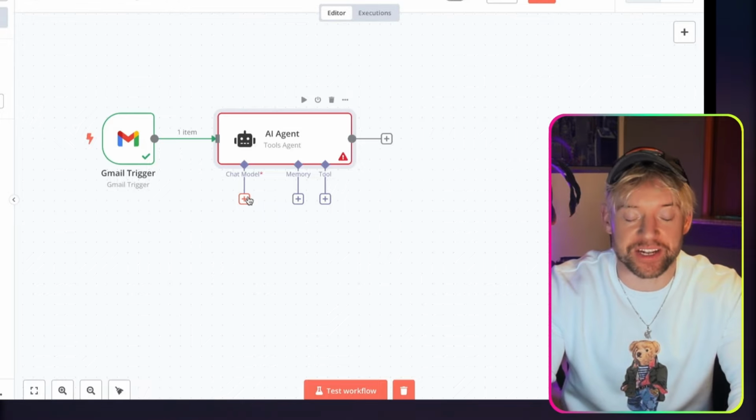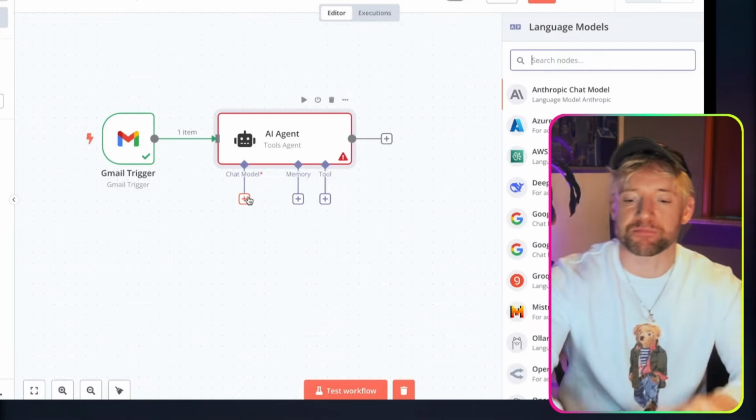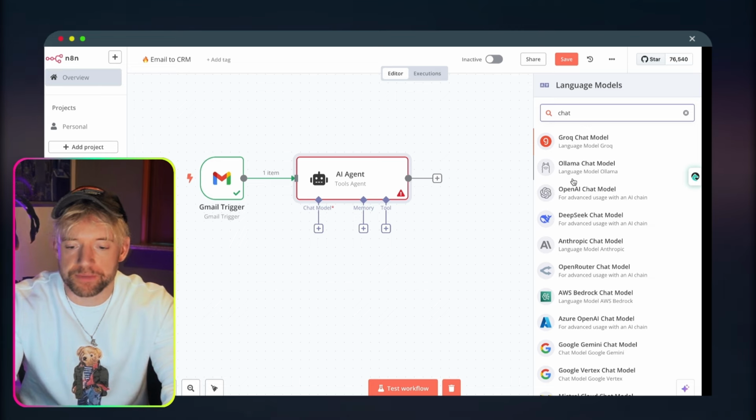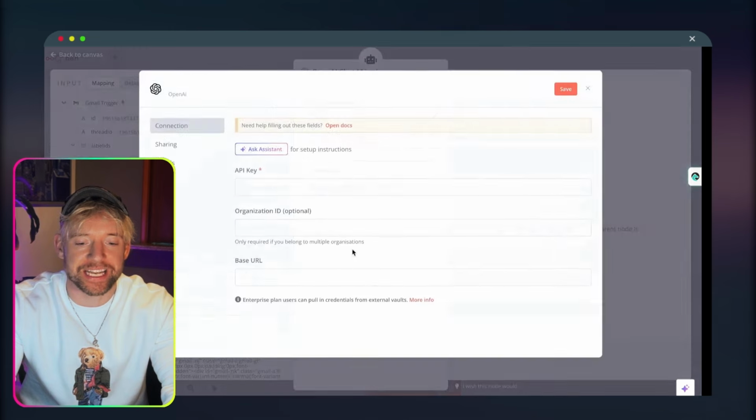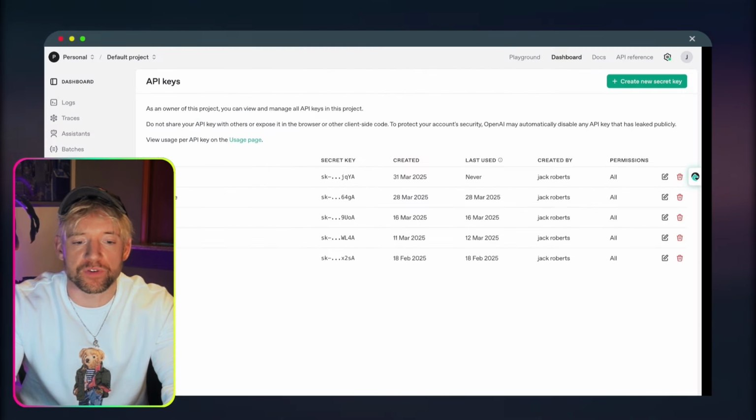Now the next thing we want to do is add in a chat model. Think of that like its brain, like its battery. We're gonna go for ChatGPT, and you need to create a credential. To do that, come down to create a new credential. Then, guys, what I'd love for you to do is head over to